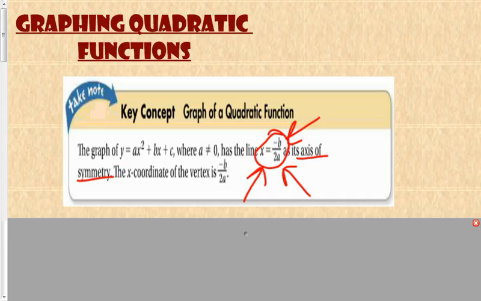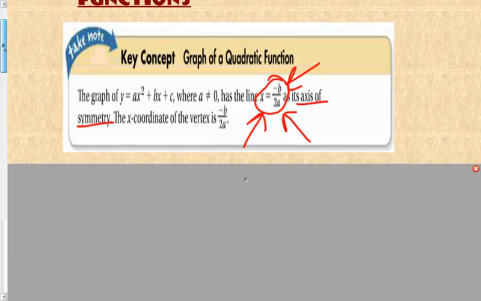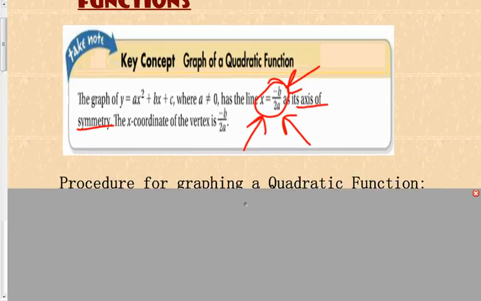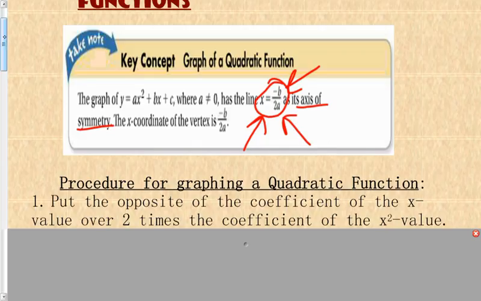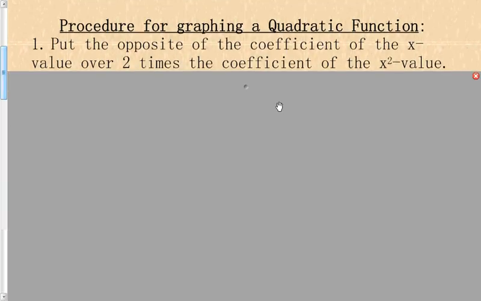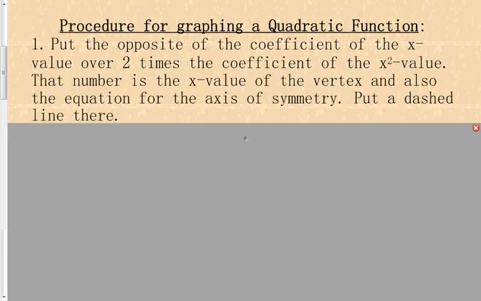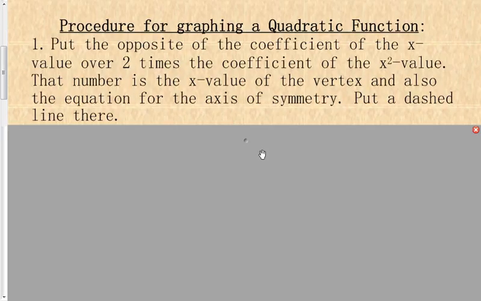The x-coordinate is the vertex. So we can use that x-coordinate then to find the y, and then you have the vertex as well. So here's going to be our procedure if you want to put it into words for graphing a quadratic function. Step 1, put the opposite of the coefficient of the x value over 2 times the coefficient of the y